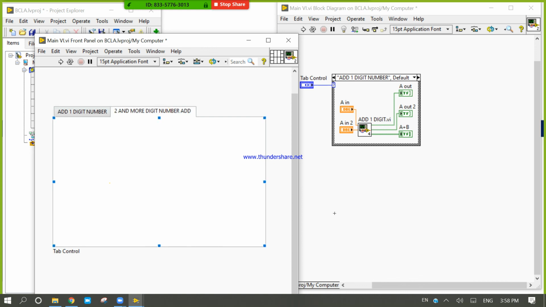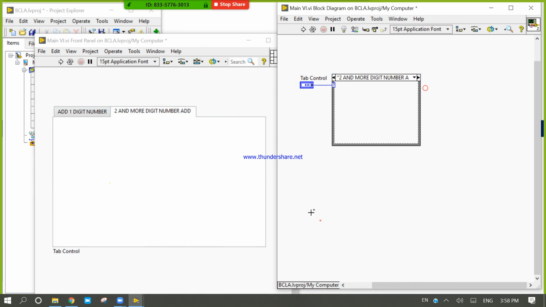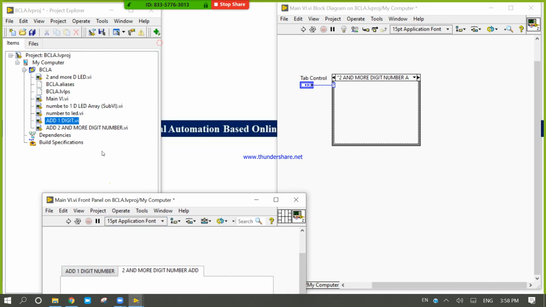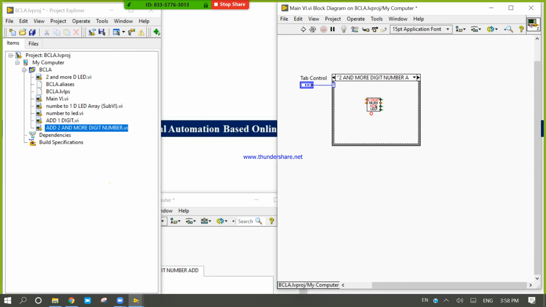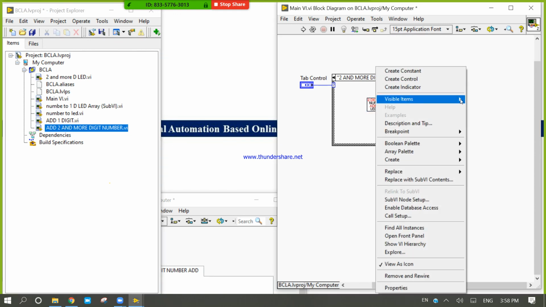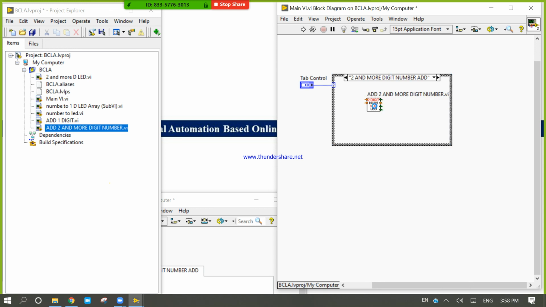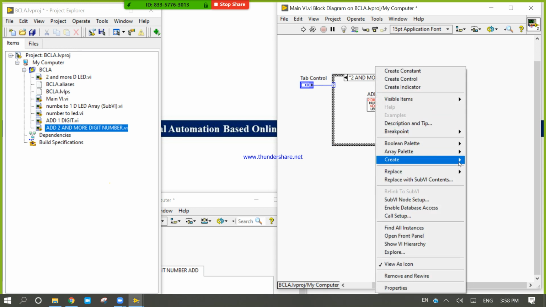Now here in this condition, come and drag this one, add two and more than two digit number. Right click, create indicators. Right click, create all controls.